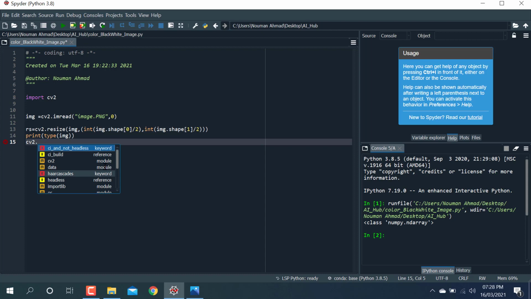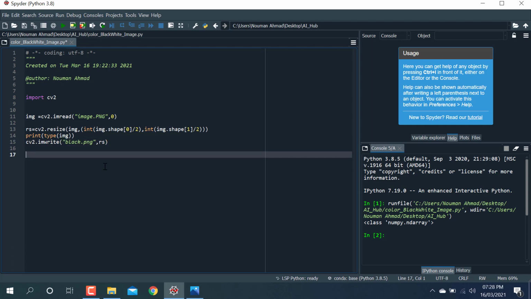cv2.imwrite. I'm gonna write this image. I am using the imwrite function here, so this time I'm gonna write here black.png and passing the image which we have converted before, and cv2.imshow